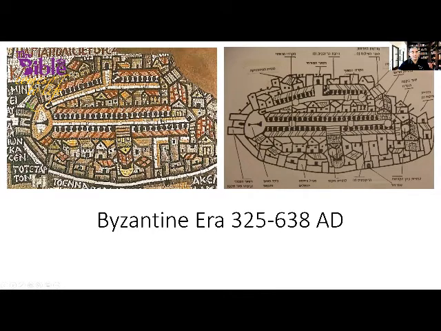This is the square of the Damascus Gate. These gates and this square are still in existence, right underneath the Damascus Gate. You have the main corridor, which is in existence today. You have, of course, the Church of the Holy Sepulchre. These are the famous stairs that when people visit the Church of the Holy Sepulchre, they have to go down through a set of stairs. These are the stairs.